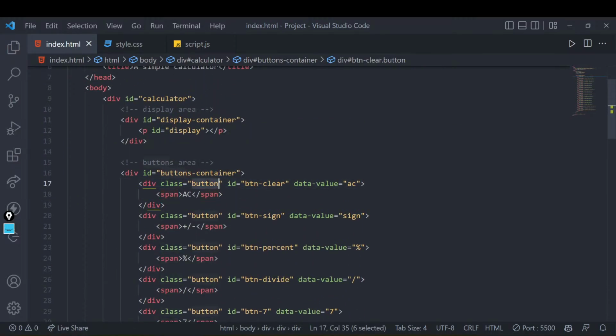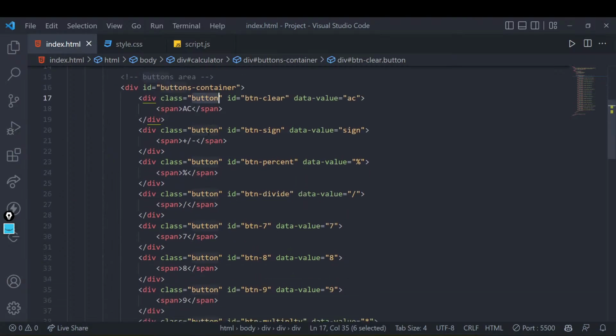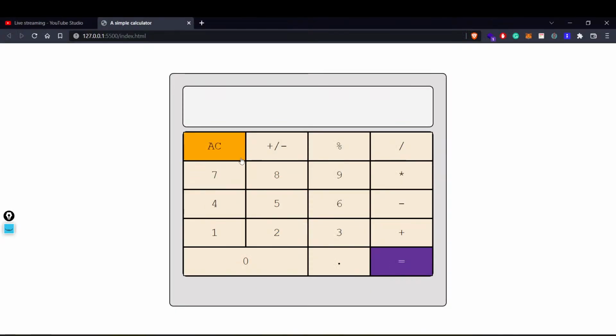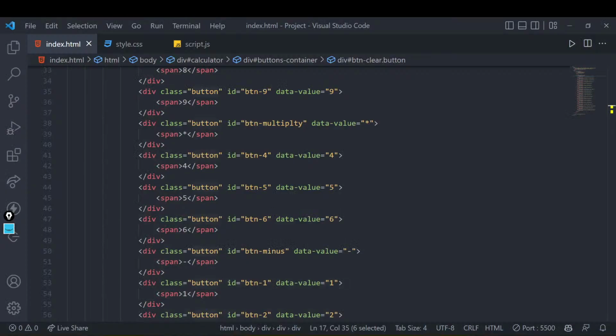One is this class thing, right? Every button has a class called button. Why have we given that? Because every button has a particular style. Every button might have a size, an area, padding, and as soon as I move my mouse over it, it should highlight, right? If I have to give all these buttons this common style, I don't want to write the style for every button. So I've given them a class, and I've given these styles using that particular class.